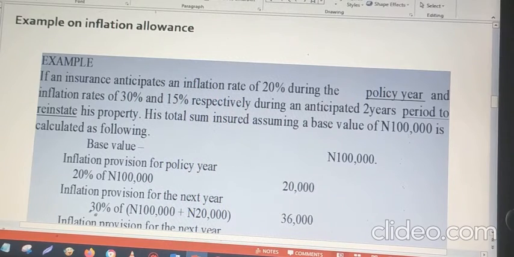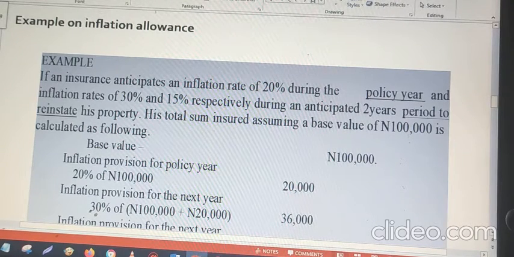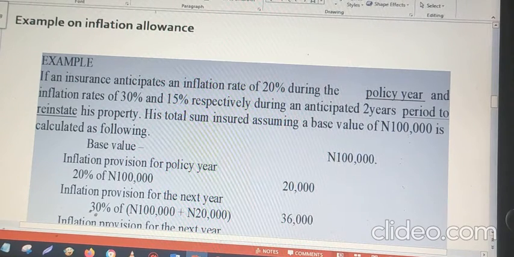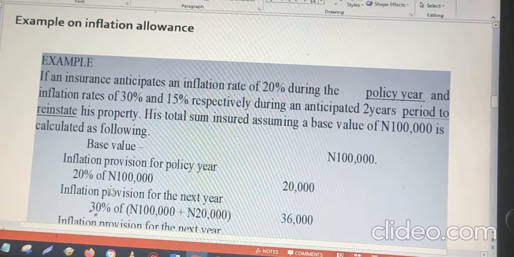reinstatement or rebuilding. Example: if an insured anticipates an inflation rate of 20% during the policy year and inflation rates of 30% and 15% respectively during an anticipated 2 years period to reinstate his property, his total sum insured, assuming a base value of N100,000, is calculated as follows. Base value N100,000. Inflation provision for policy year: 20% of